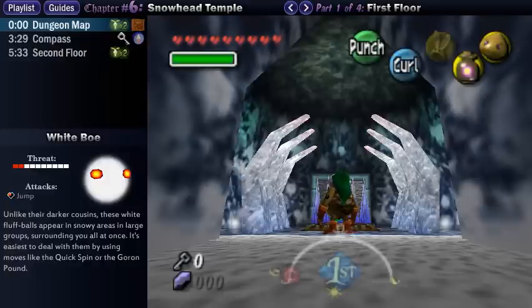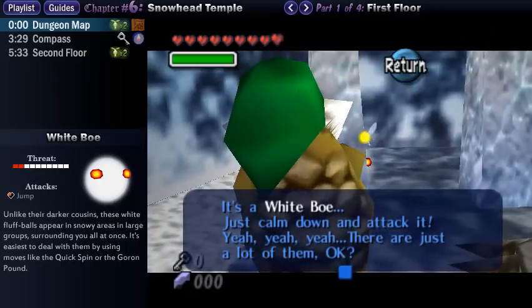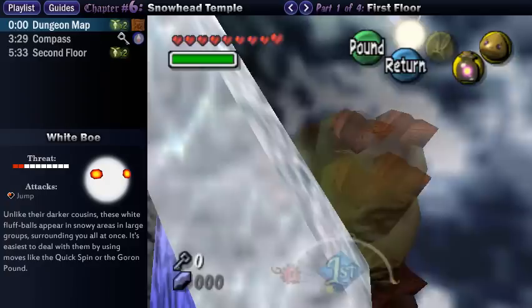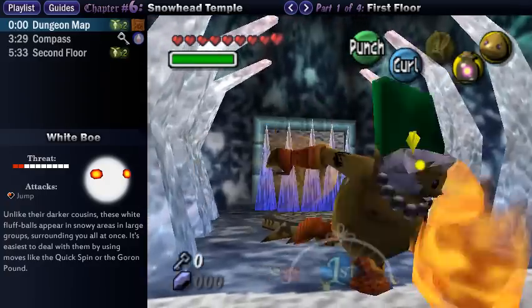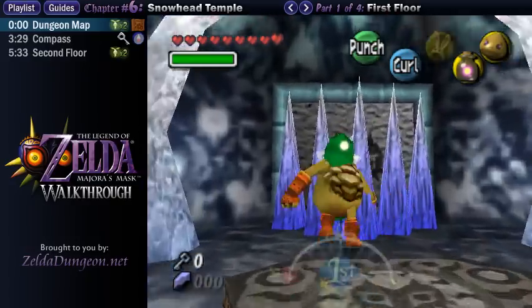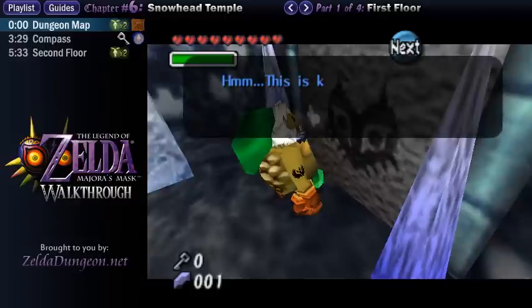Zelda Majora's Mask. This is the 6th chapter of the walkthrough, which covers the second dungeon of the game, the Snowhead Temple. As soon as you enter, you'll immediately encounter a new enemy that you may have seen outside called a white bow. They're quite literally just a white variation of the black bows that we fought back in the Woodfall Temple. While wearing the Goron mask, you can use a well-timed Goron pound to take them out, though I think the best way to kill them is probably using the Deku mask, since that way you can avoid taking